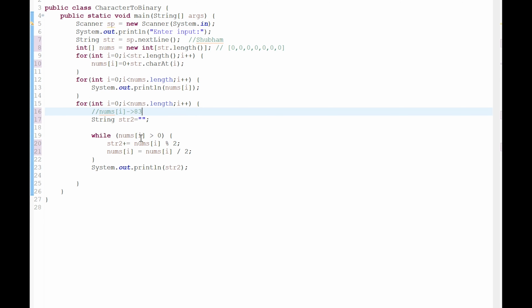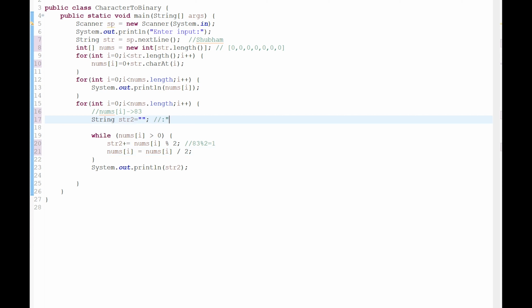I use a while loop here. 83 is greater than 0, so what do I get? 83 modulo 2 is equal to 1, because the remainder after the modulus is 1.